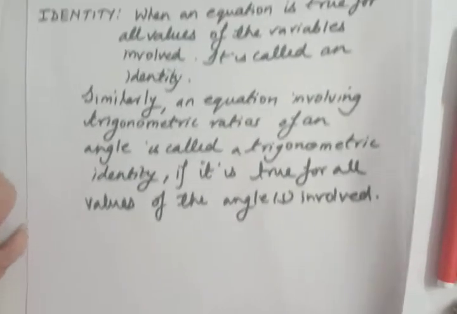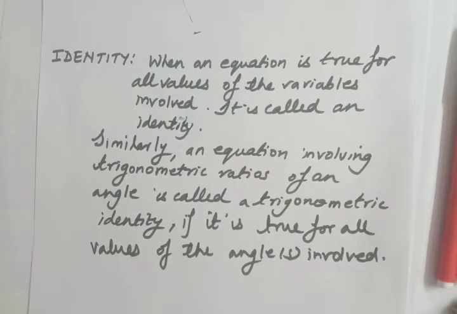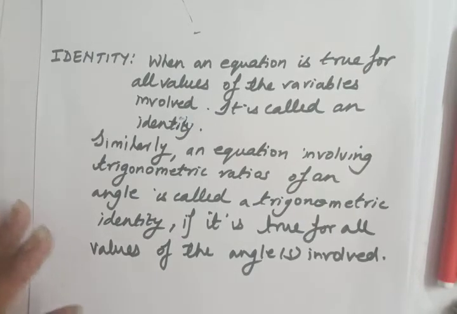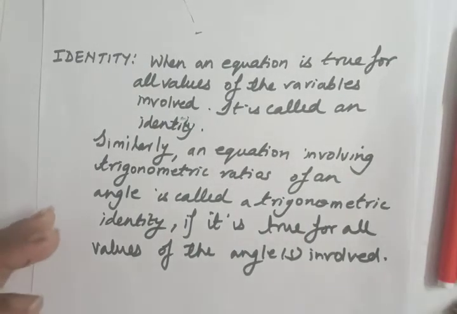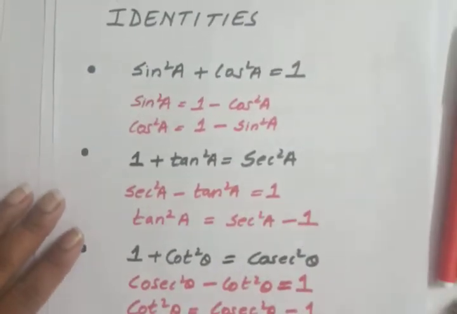Now let's start. In this session I will tell you three very important identities, and we will understand them in a better manner by doing the proof also for the three identities. Basically, the proof will not come in the exams, that is, the derivation of the identities is not in the syllabus, but to understand better we will do the proof also. So let's see what we are going to prove.